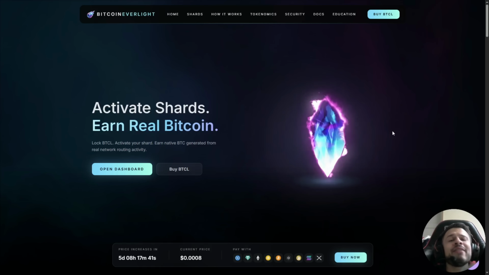For example, if someone activates a shard tier by committing $500 during presale, after launch, if the value of their BTCL drops below that level, the shard tier may downgrade. If the value rises, they could even sell a portion while maintaining the same tier. This system ensures that participation reflects ongoing commitment, not just early entry.